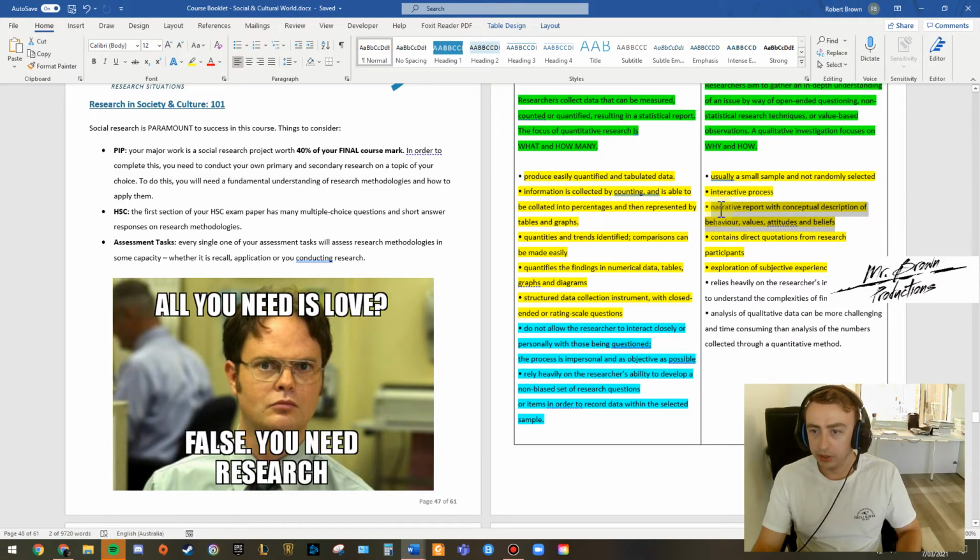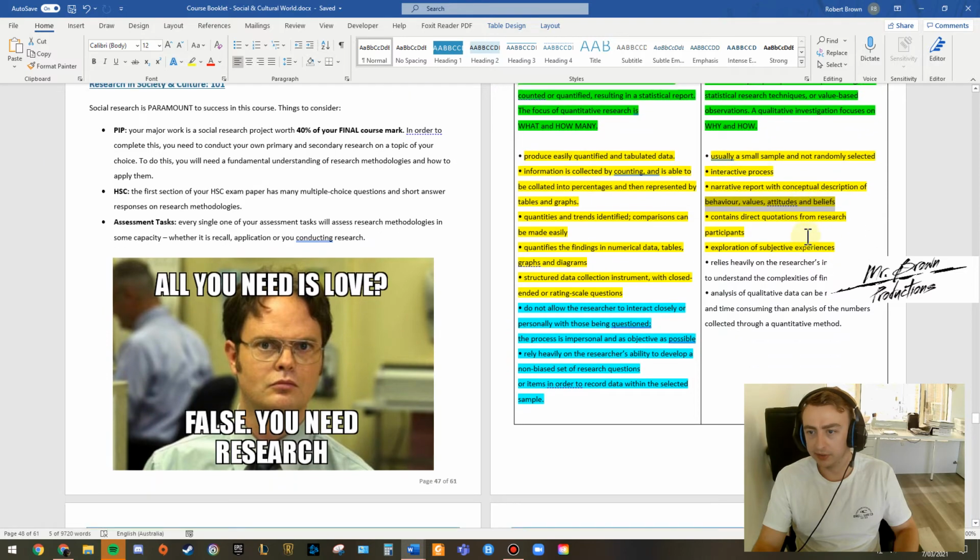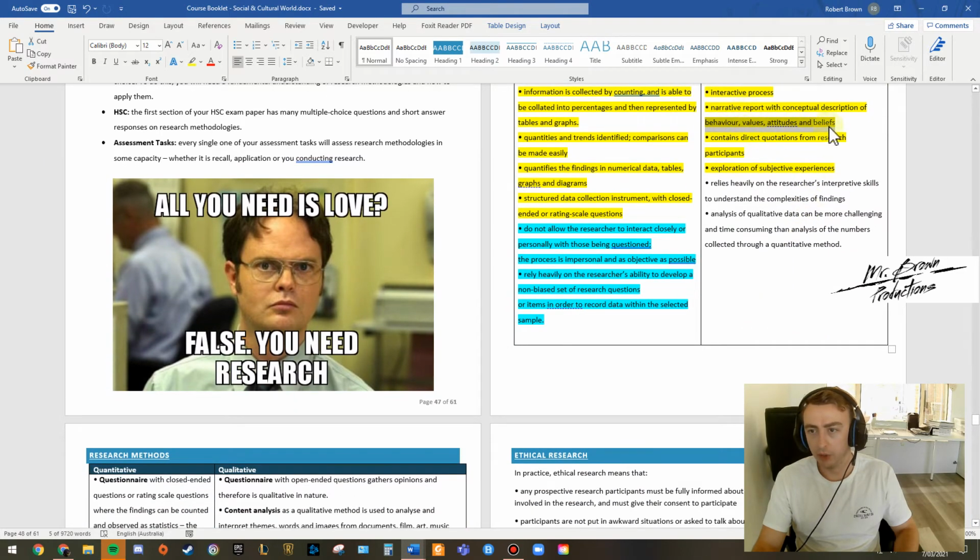The third strength is that it's a narrative report with conceptual description of behaviours, values, attitudes, and beliefs. So you don't get this kind of information from quantitative. You simply don't get their behaviour, values, attitudes, or beliefs, again because it's more in depth. So that's another strength. A fourth strength is that you can use